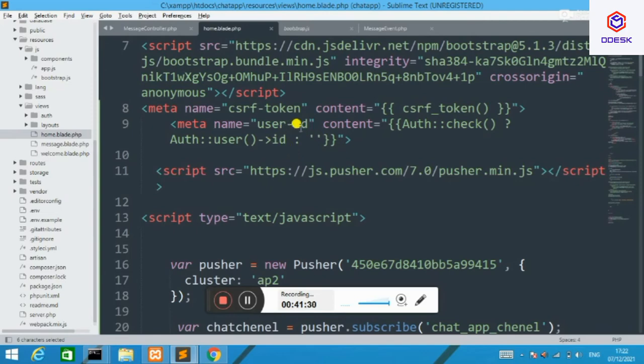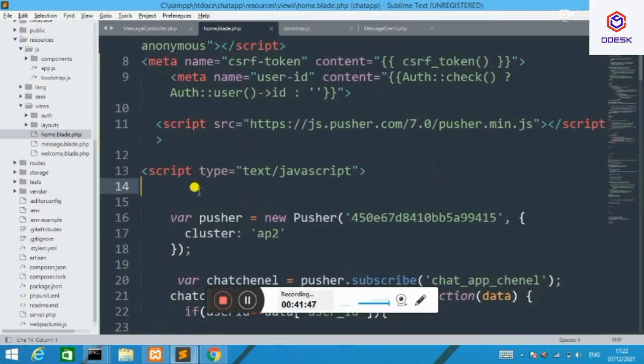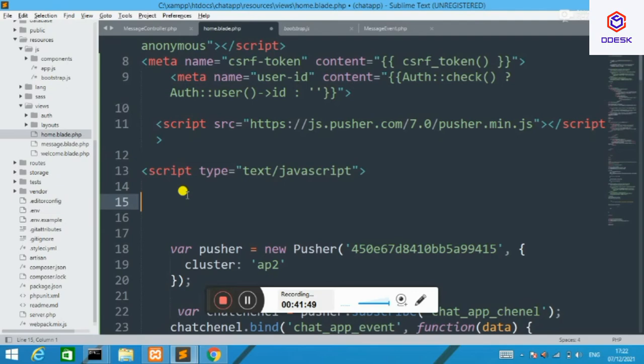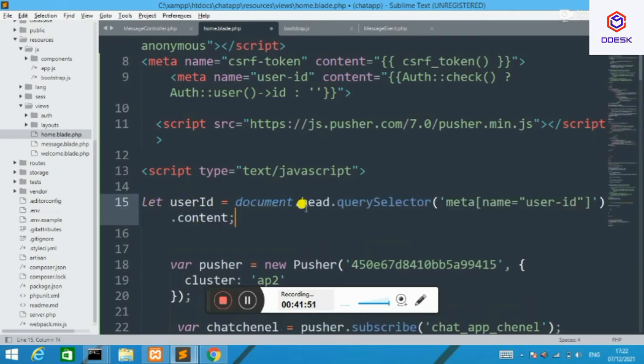Here you can see the meta tag. Basically this is the ID of the logged in user. For example, I'm Ali, I'm logged in through the Ali account, so I'm getting the ID of Ali and comparing it to the ID in the broadcasted message. If those two IDs match, it means the message was sent for me, and then I receive that message and display it in my dashboard.